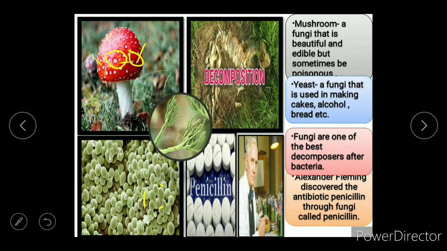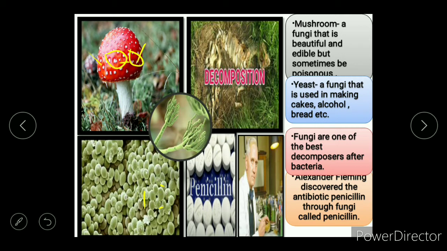It is understandable that they cannot walk like animals, but why are fungi not classified as plants? The main thing that helps in the classification of plants is photosynthesis, but fungi cannot do photosynthesis, so they take their nutrition from another source, or I can say they always prefer a dead source. That is why they are known as decomposers.